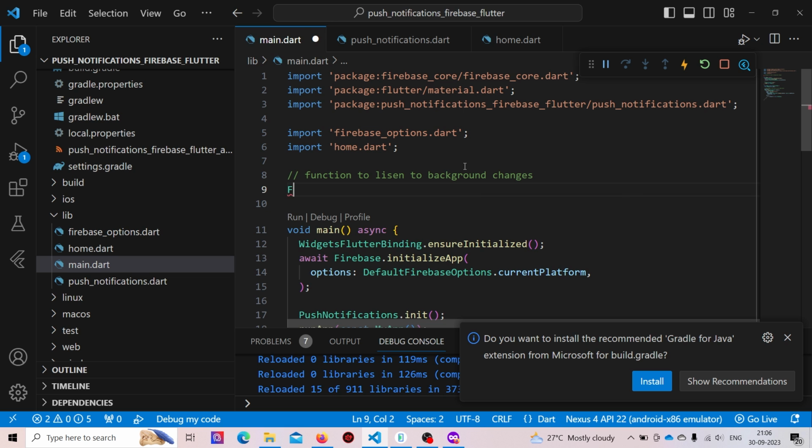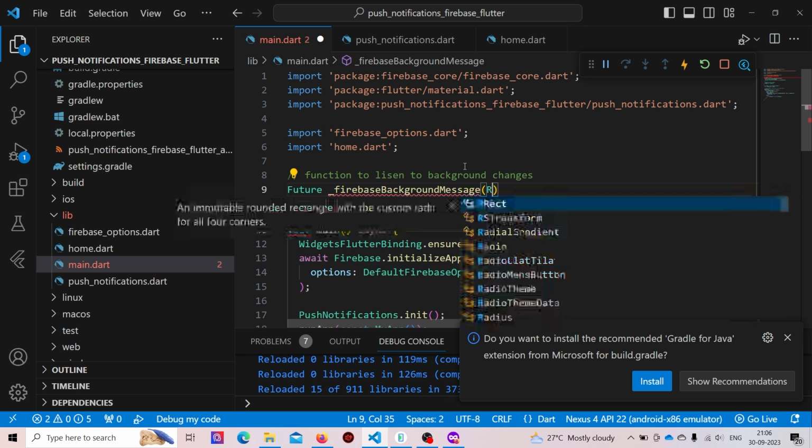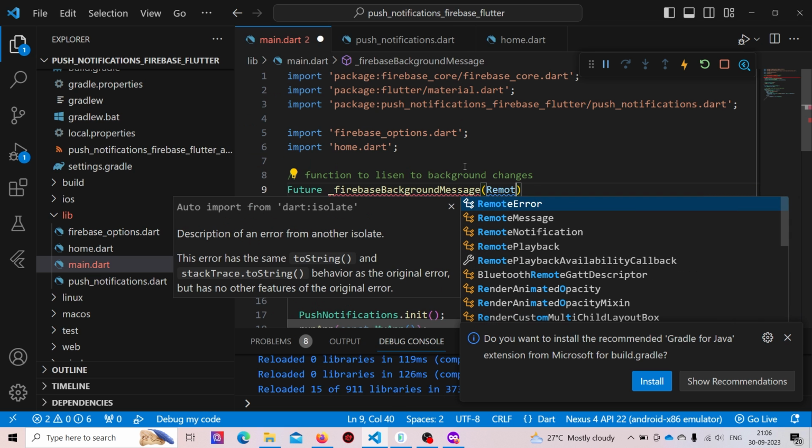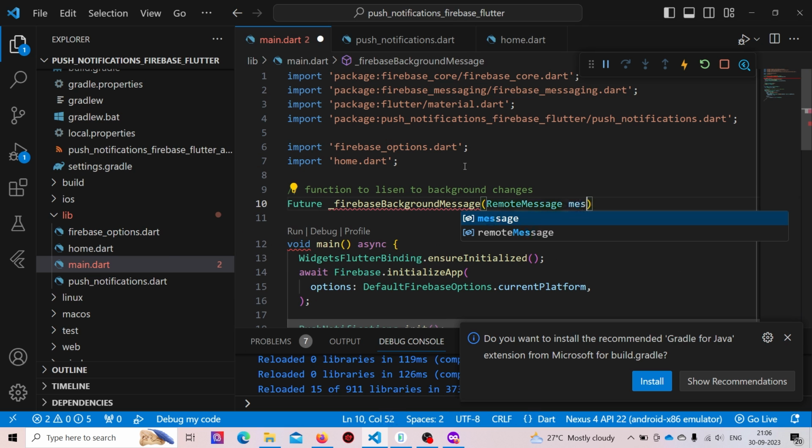This will be a future function. Let's name this as Firebase background message, and this function will be accepting a message of return type remote message. Make it async, and then